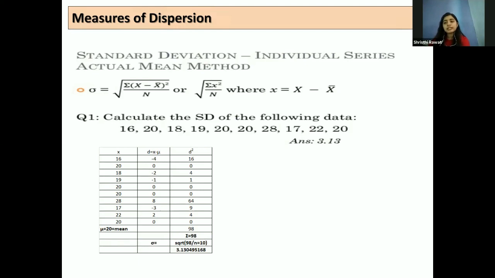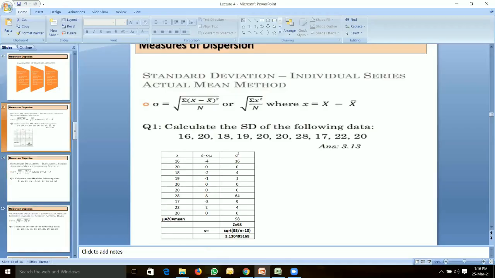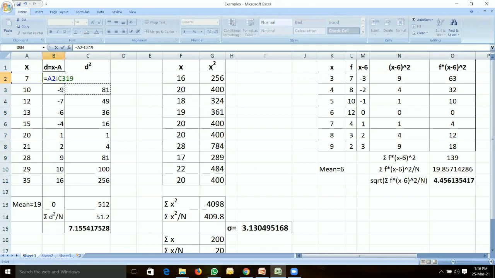Ma'am, will we have to do it individually for all? No, just now I told you, go to the Excel sheet, in the first column select whatever we have to subtract from and type minus 20, okay, and then drag, so automatically this column will be generated. Let me tell you again in the Excel sheet. See, I want to find out the difference for this particular data. Give equal to, then select this column, minus 19, enter. And here the plus sign appears, with that we have to track it up to 35.